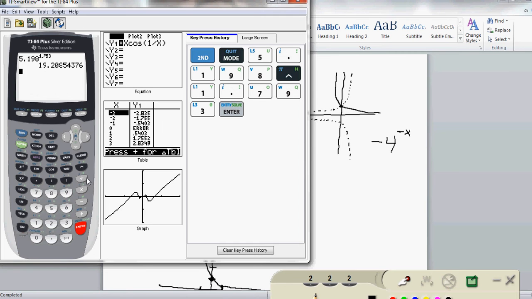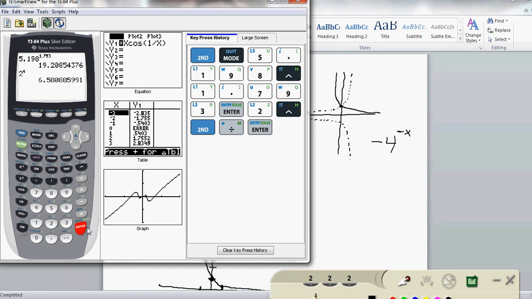And e is 2. So we have to treat e just like we would treat pi. And so we are asked what is 2 to the pi power. So it's going to be 2 raised to the e power. So I'm going to have to go to second divide, and that gives an e, and it's impossible to see on this screen, but 2 to the e power is what I'm looking for. Hit enter, and I get